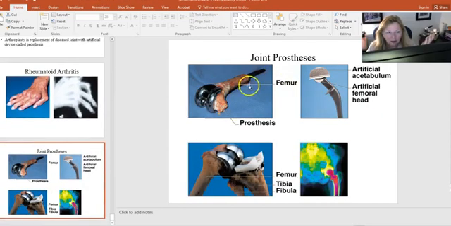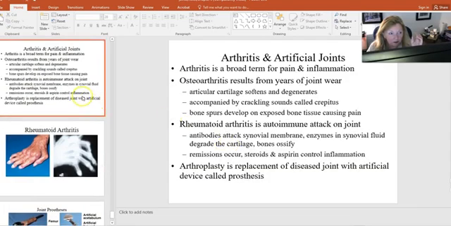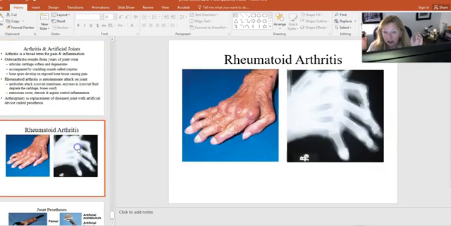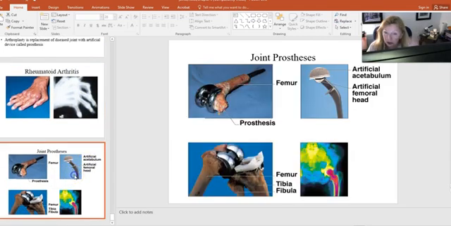So again, these joint prosthetics, orthopedic surgery is really an interesting type of surgery if you ever get the opportunity to go into a surgery where they're replacing a hip or knee or shoulders. It can be interesting, just the sounds of the saws and the bone fragments. But anyway,